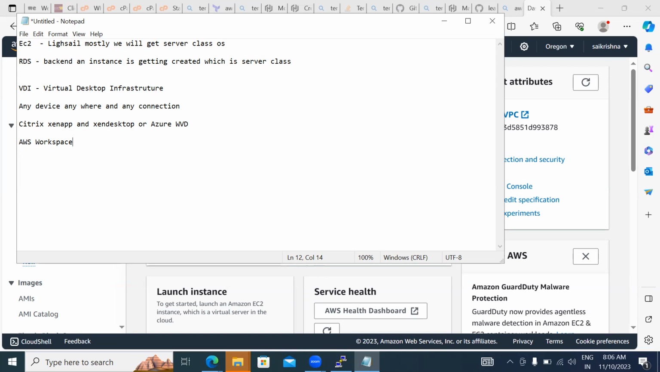That is the solution we have. Okay, so what is the difference between EC2 and AWS Workspace? Here also we are getting Windows itself or Linux, but those are not server class. Can you tell some Windows desktop class? Desktop class is Windows 7, Windows 10, Windows 11. These kinds of things are called